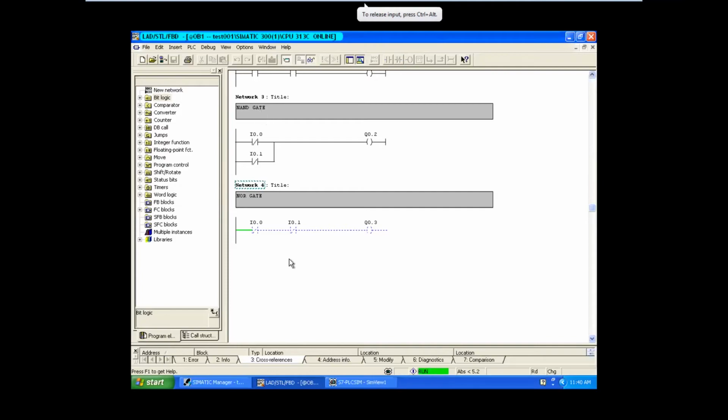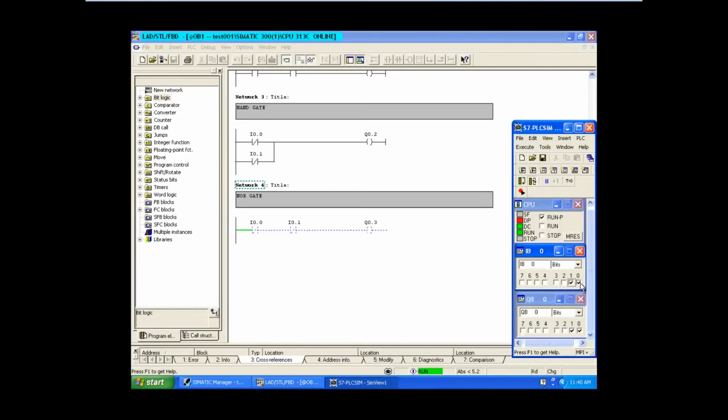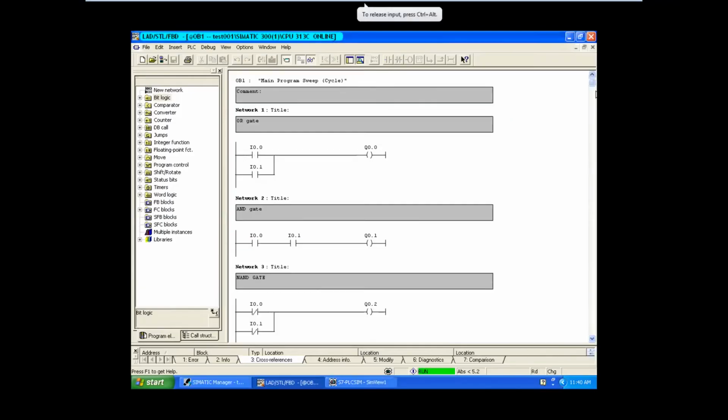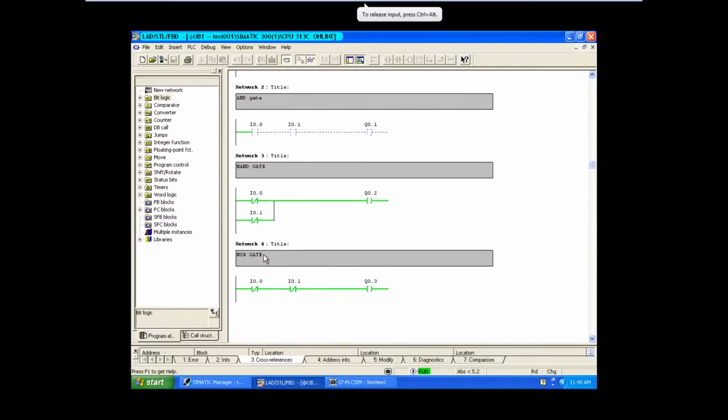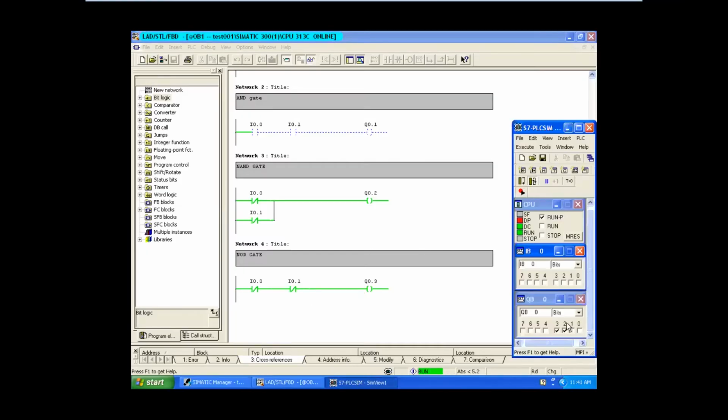So yeah, already it was on. That's what it is giving. What is the truth table now? NOR 0, 0, 1. Correct. 0, 0, 1 is NOR. I'm putting it over here to see the output of all. See, this is the NOR gate. The NOR gate is giving output when both the switches are 0. Correct? Yeah.